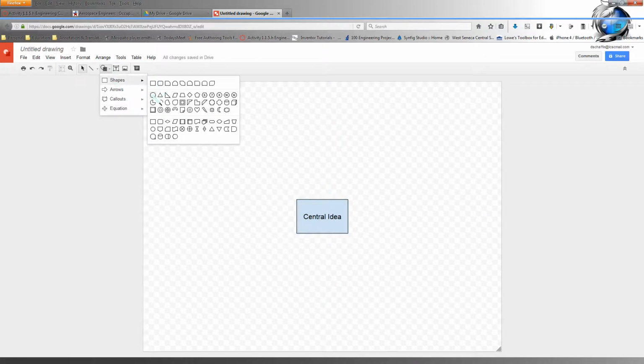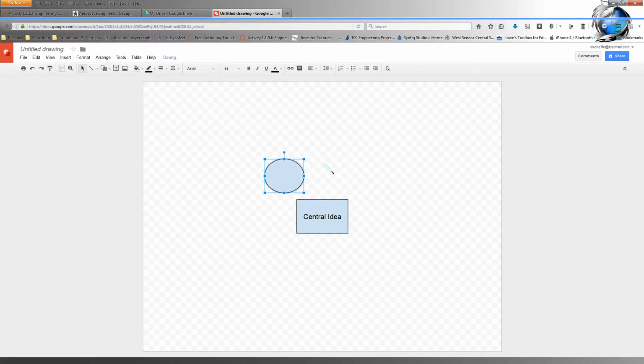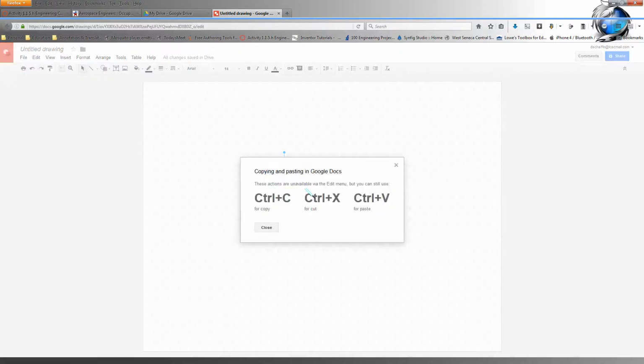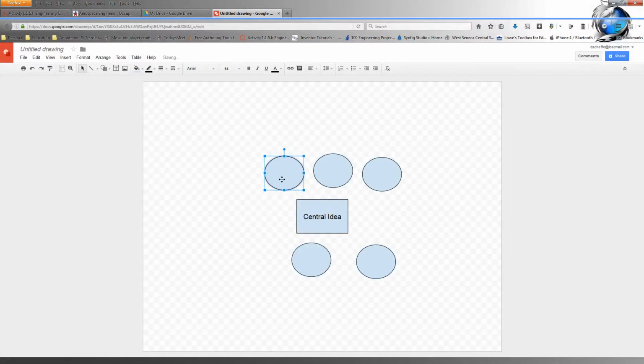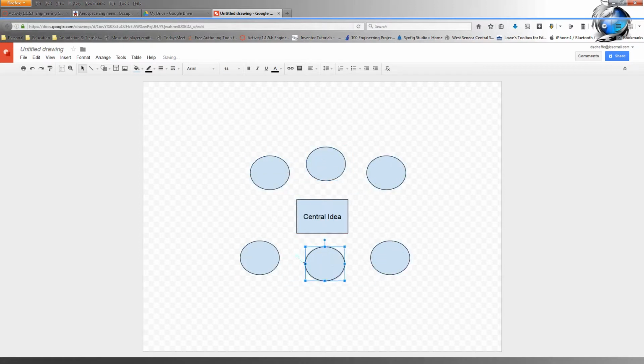So I'm going to make my ideas going around the outside here, and you can make one shape and copy it very easily. So if you want to copy shapes and things here in Google Docs, you're going to have to use the keyboard commands. So Control C and Control V. So Control C to copy, Control V to paste. So I want to copy the circle and make 5 more of them for my 6 ideas, 6 questions. So we want to spread those around our central idea,